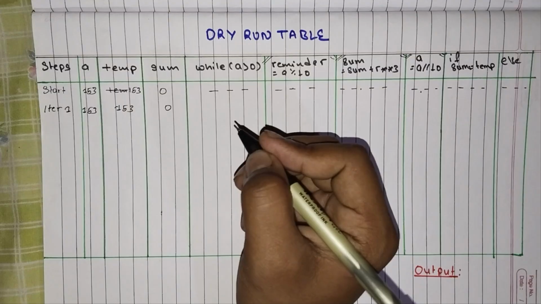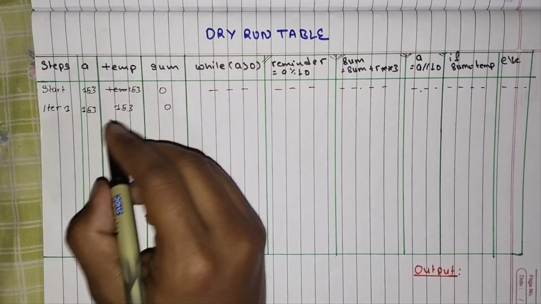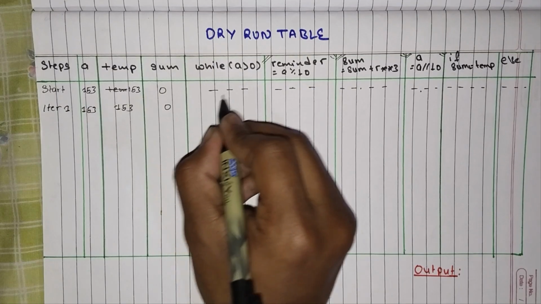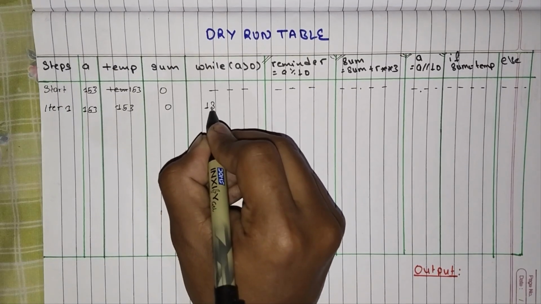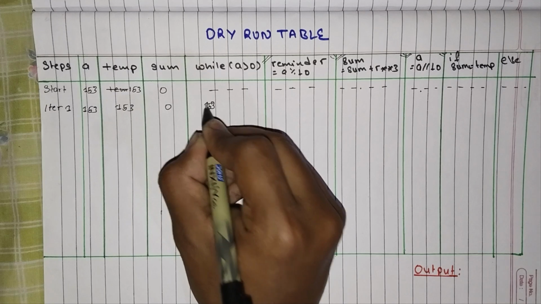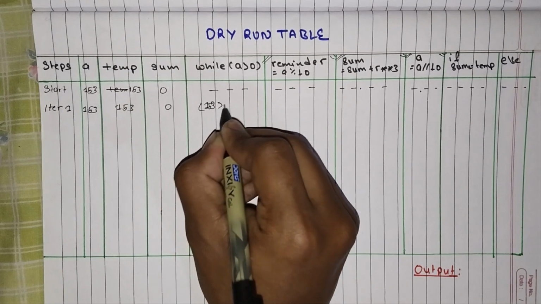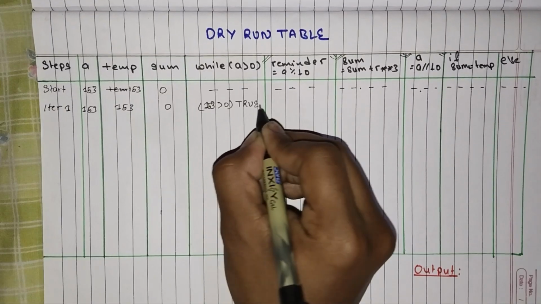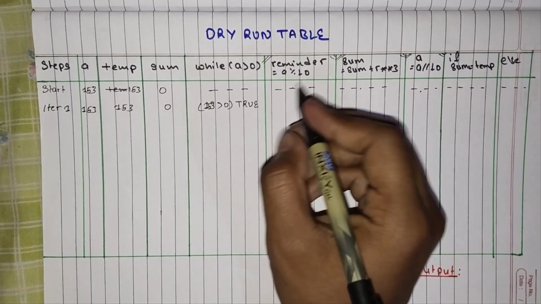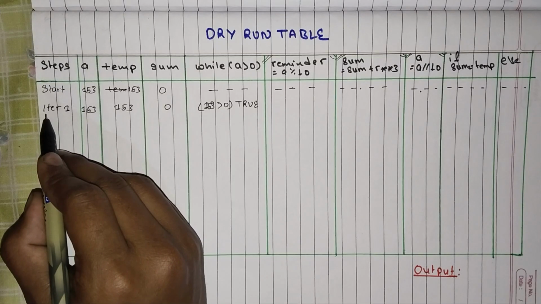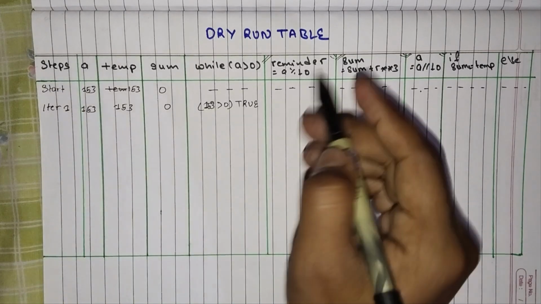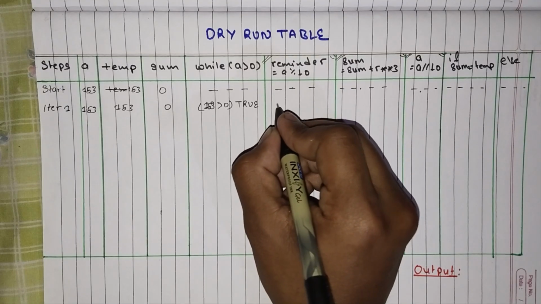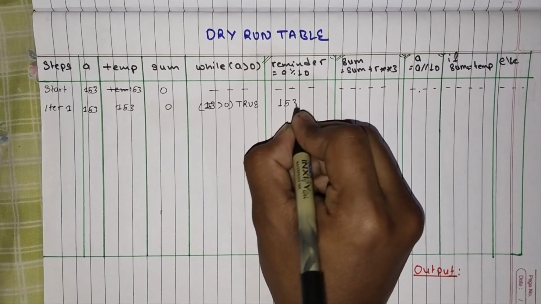Okay, and again while we are checking over here, we will also just write 153 is greater than 0. That means the condition is true, and now we can proceed. Okay, and so that's why we write iteration number 1. And remainder equal to 153